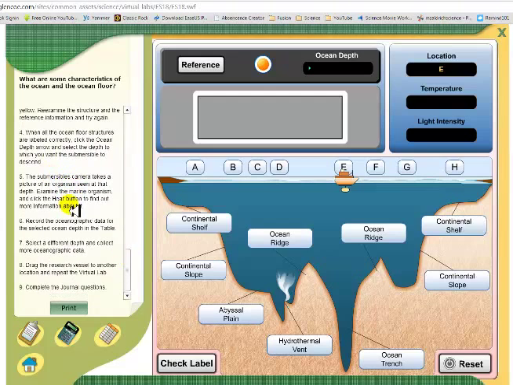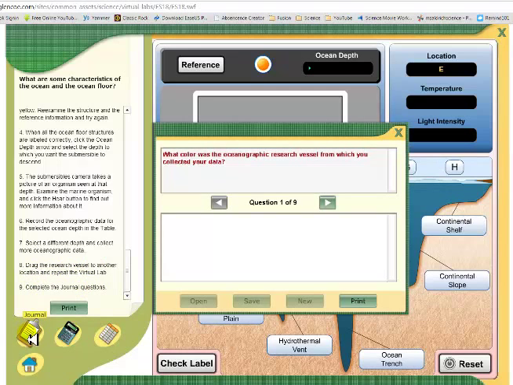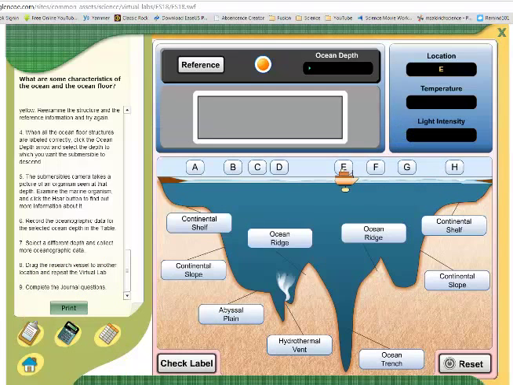Submersible will go down, you'll hear and you'll see, record the oceanographic data in the table that I'm providing, and select different depths. I'd like you to try to pick the 20 meter and see if it's the same all the way across the ocean. Pick a mid level and pick the deepest one, drag the research vessel to another, and complete the journal entry. You're supposed to actually go in here. I don't really care about the